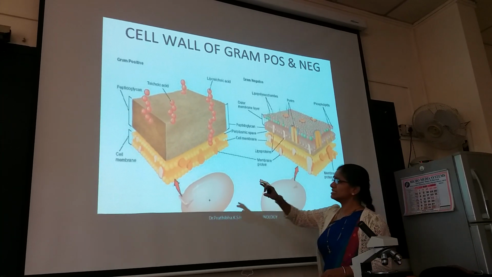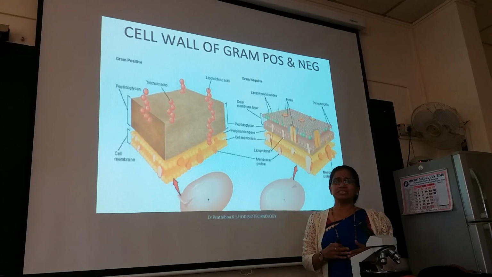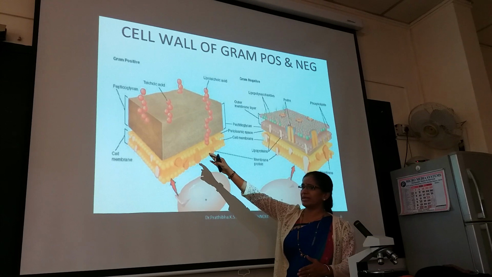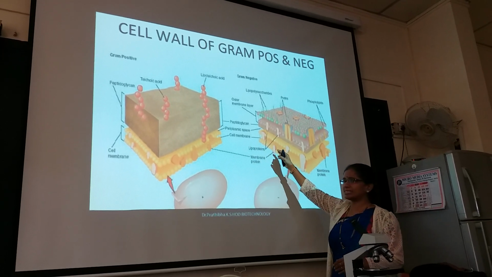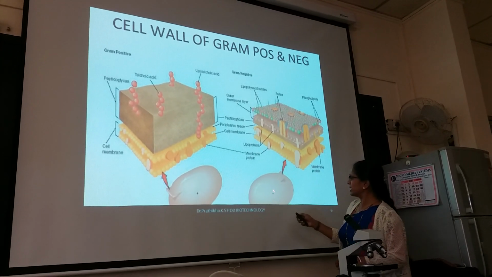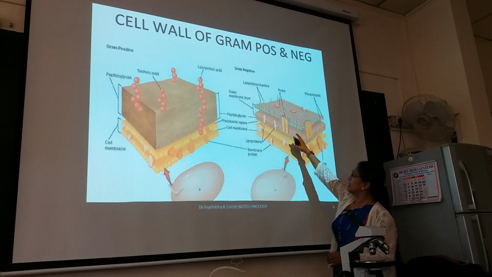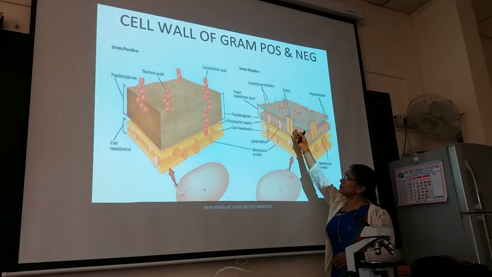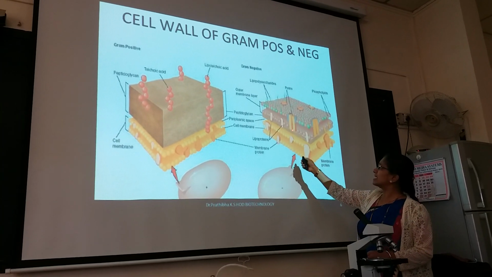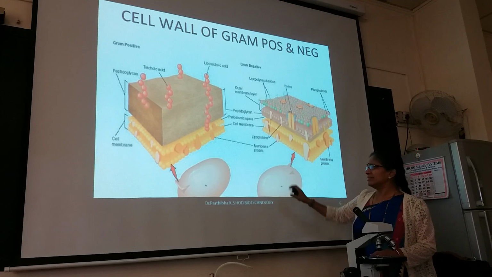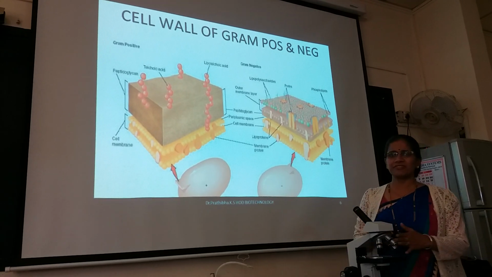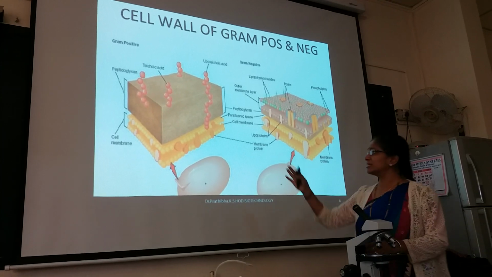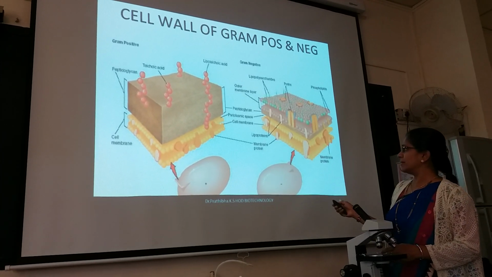The major barrier where you differentiate gram-positive and gram-negative is mainly based on the peptidoglycan layer and the presence of lipopolysaccharide. Whereas in gram-negative bacteria you are going to find a very small amount of peptidoglycan layer, and a thick layer of lipopolysaccharide can be seen. So this is the major difference between the cell wall chemical composition of gram-positive bacteria and gram-negative bacteria.